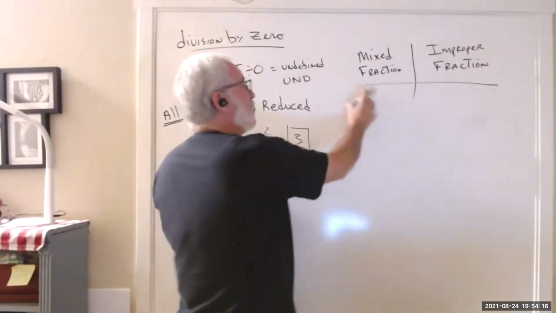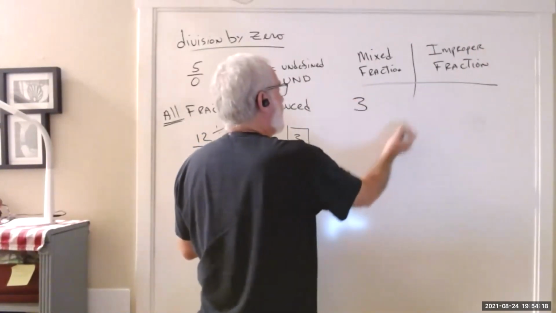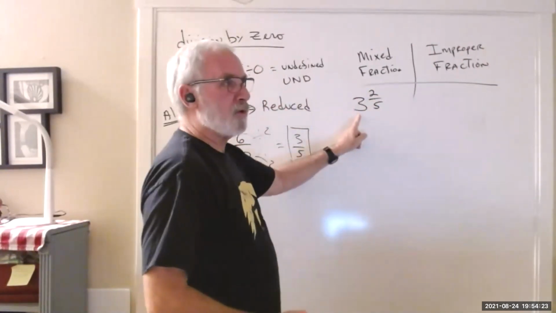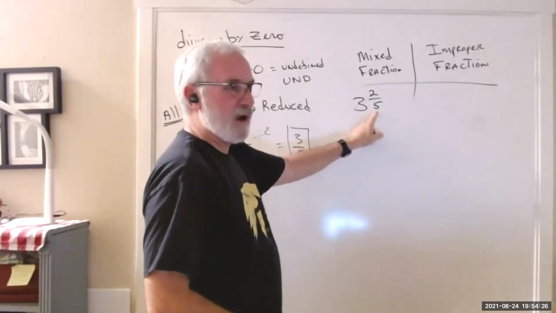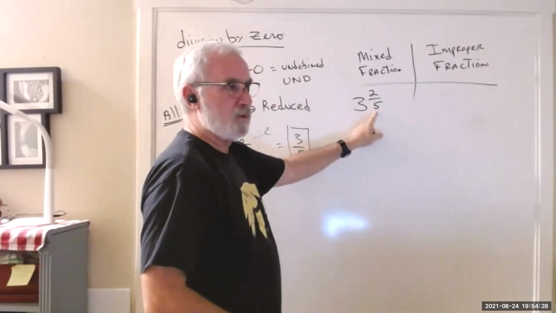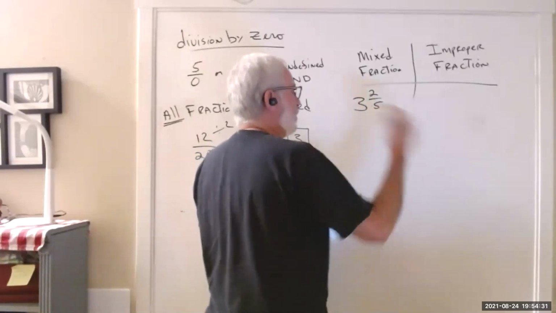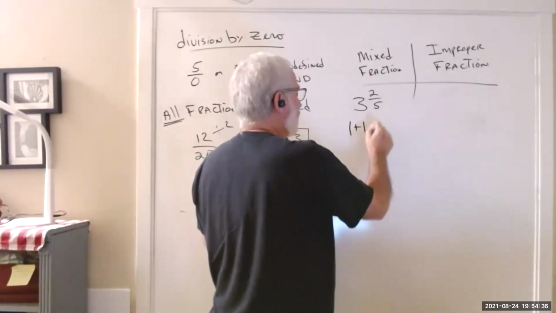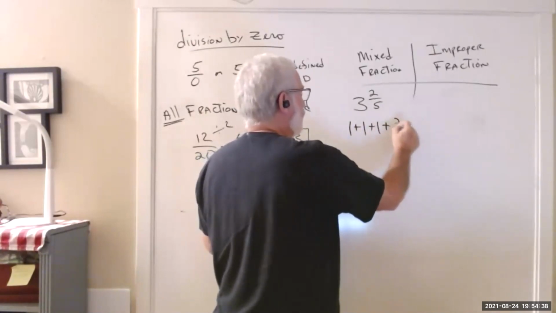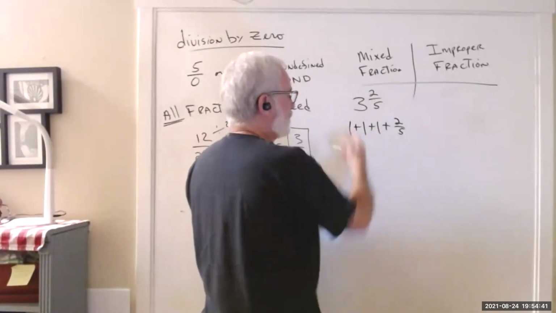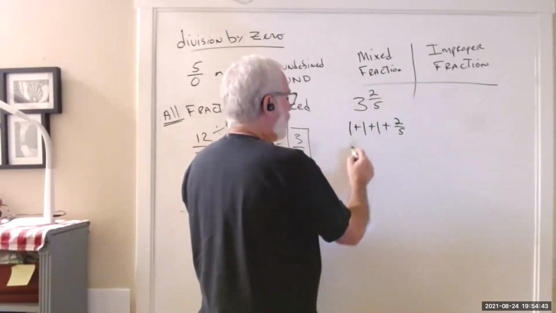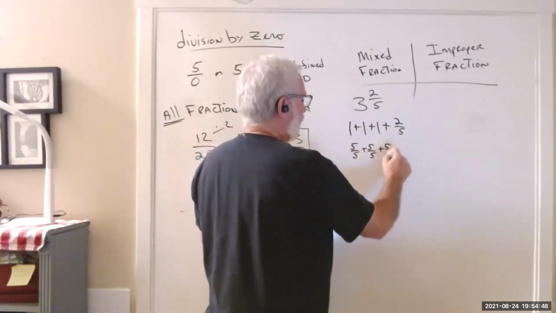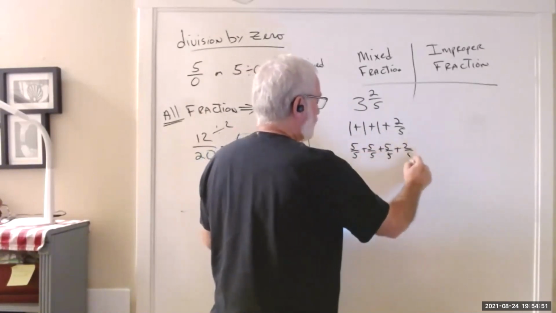Okay, a mixed number or a mixed fraction is something like 3 2/5. 3 whole numbers and a fraction left over. Now, the long way of doing this is to say, well, this is 1 plus 1 plus 1 plus 2/5, because that's still 3. But we know that 1 is the same as 5/5 plus 5/5 plus 5/5 plus 2/5,